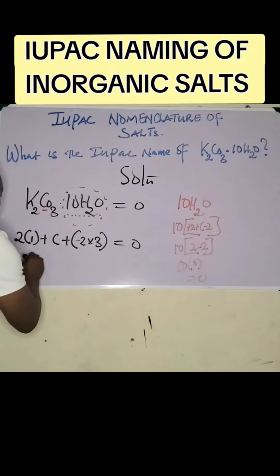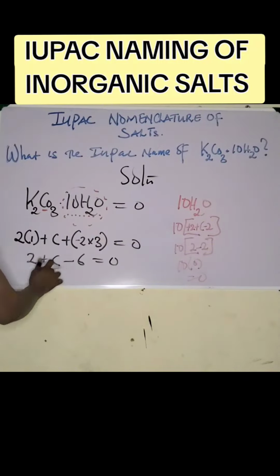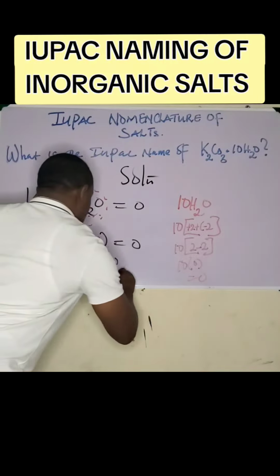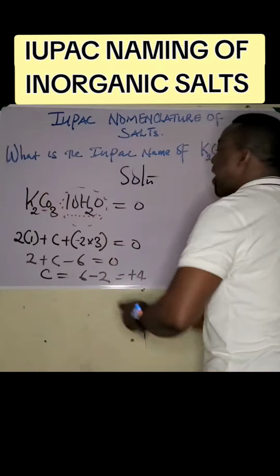So now we have 2. So which means that making our carbon the subject of the formula, we are going to, okay, so this will give us +4. The IUPAC name of this compound